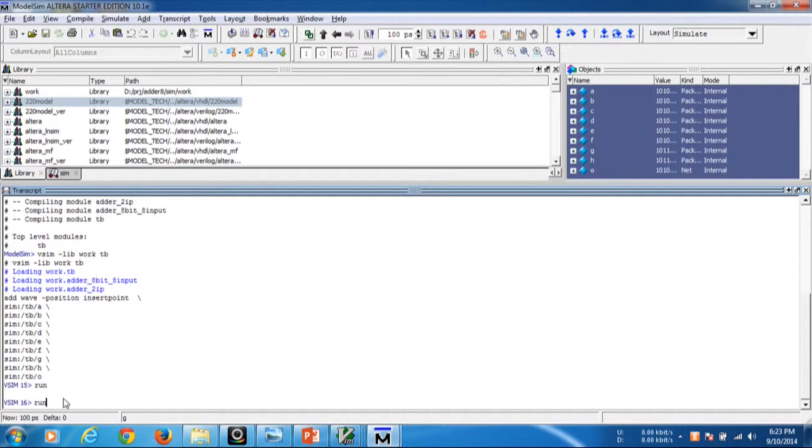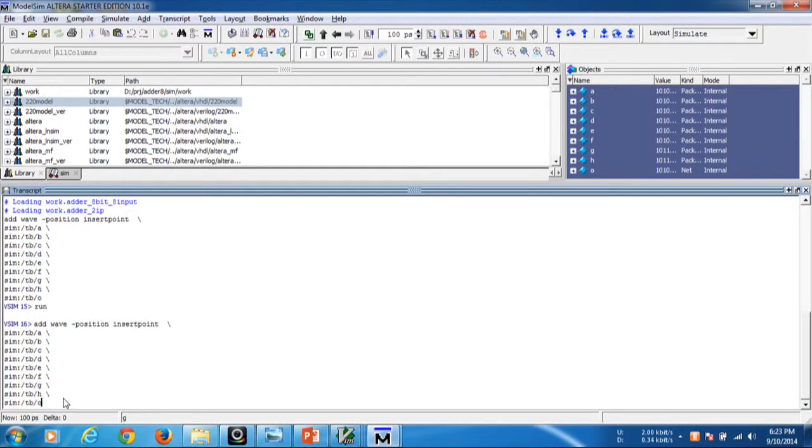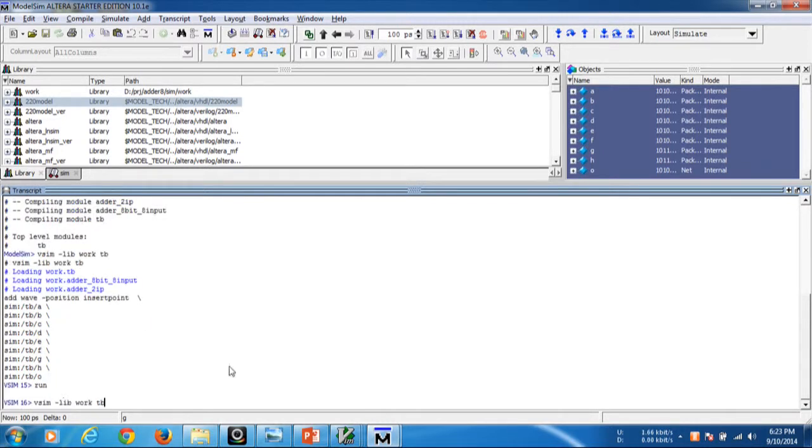One important thing I would like to mention is that the advantage of the ModelSim transcript is that if I want to compile again, you can just use the arrow keys. I am using the arrow keys so that in the vsim prompt it brings back the script which I have already typed and entered.